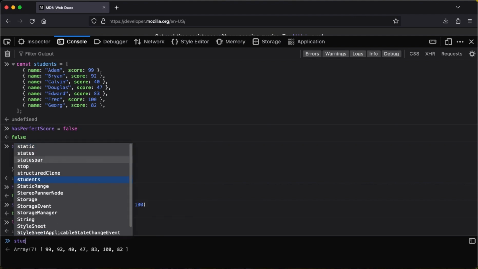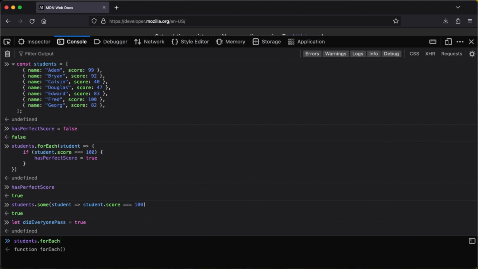And then we'd iterate over the students. And if we find someone who has a score that's less than the minimum, let's say 60 was the minimum, we'd set that value to false,